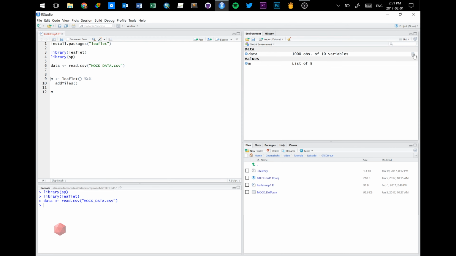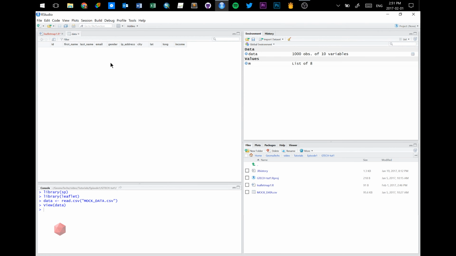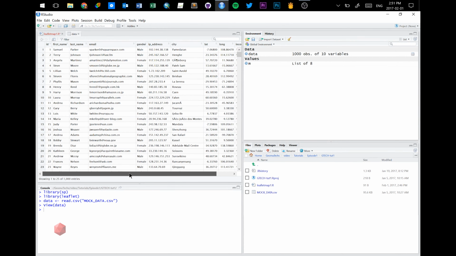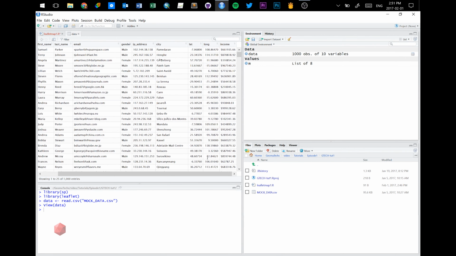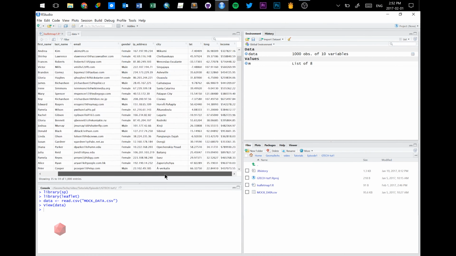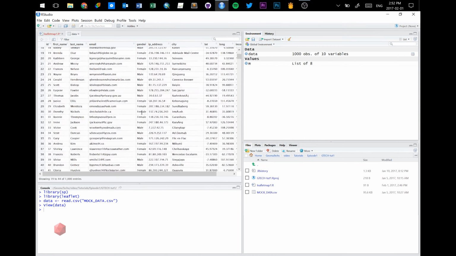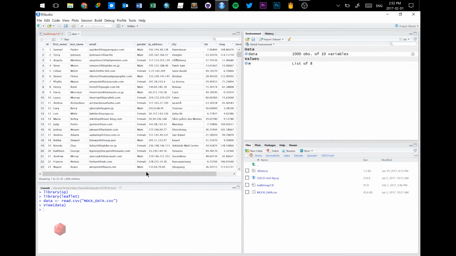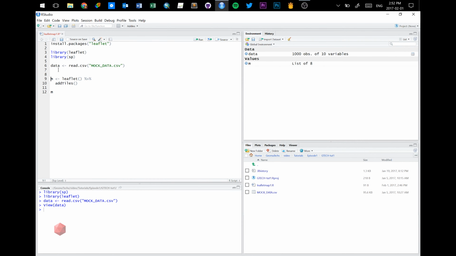Cool thing now, I can actually click on this little icon here and get a table view of all the information. And once again, just to be clear, this is completely fake data, all made up with a random generator. So don't worry about any kind of personal information being shared here. So we have this data table now,